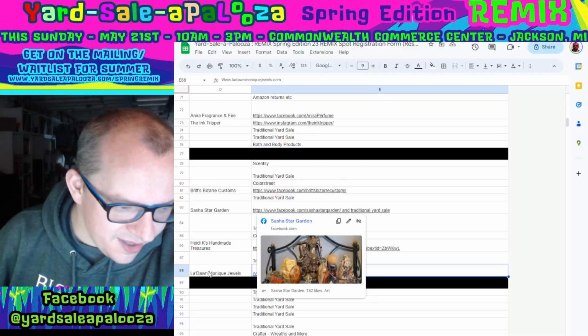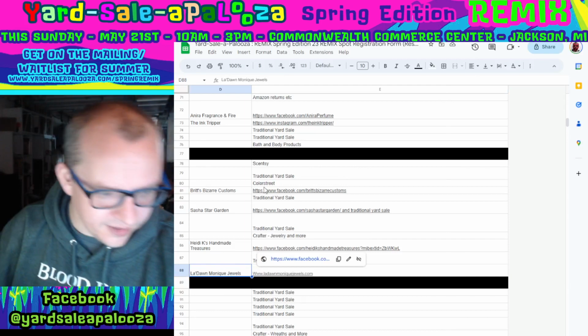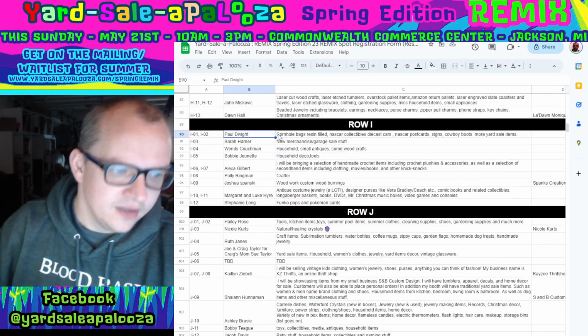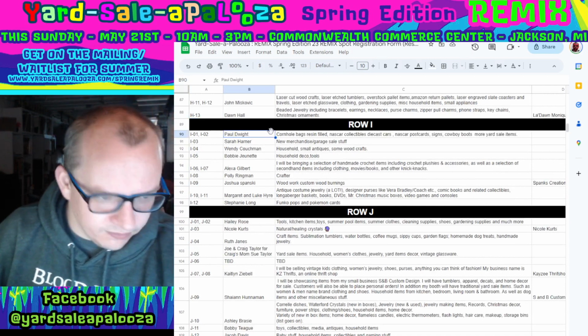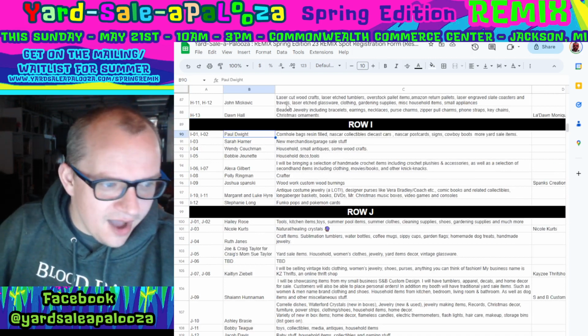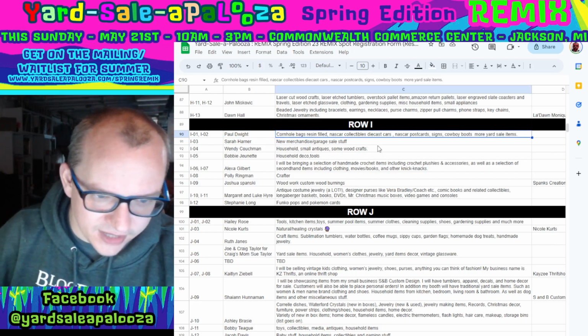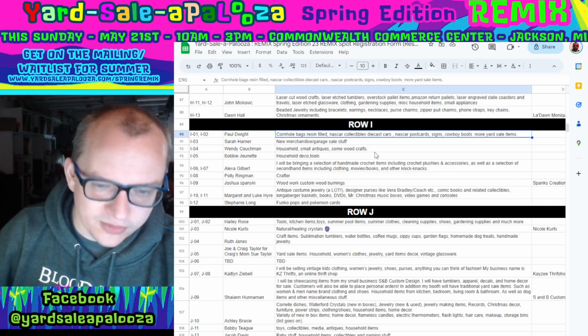All right, we're at row I. Two rows to go, but J's the longest one. Man, what is going on over there? I1, I2, Paul Dwight: cornhole bags, resin-filled NASCAR collectibles, diecast cars, NASCAR postcards, signs, cowboy boots, more yard sale items,